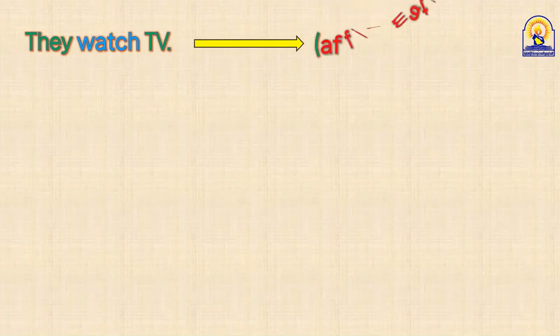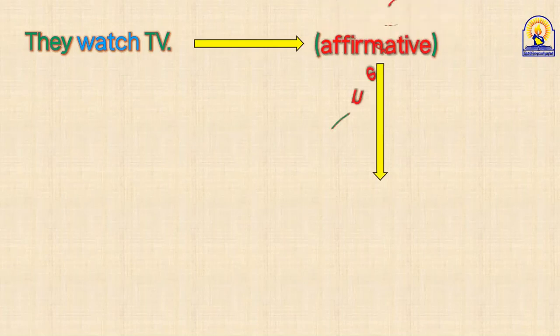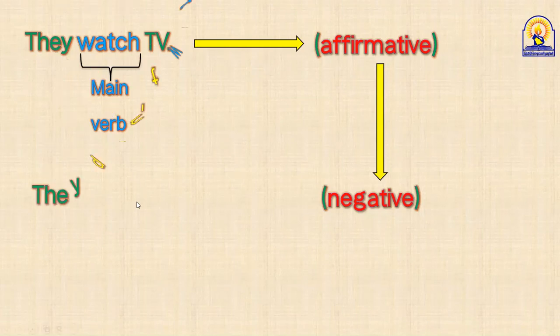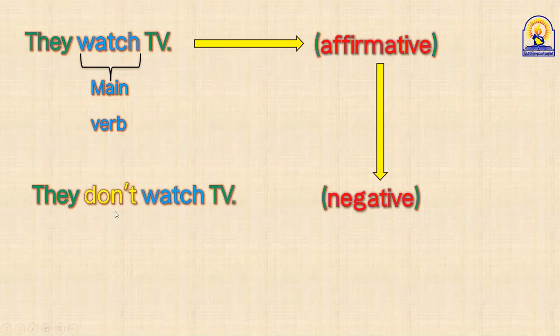Of course, this is affirmative. We need to change this into negative. And we have just the main verb. We don't have any auxiliary. So in this case, we need don't or doesn't or didn't. Khalid, it shows don't. Why don't, Khalid? Because the verb watch is present, not past. If it's a past, we would take didn't, but here it's present. Okay, let's check Khalid's answer. Excellent, Khalid. They don't watch TV. Don't or do not, no problem. Do not or don't, it's the same.